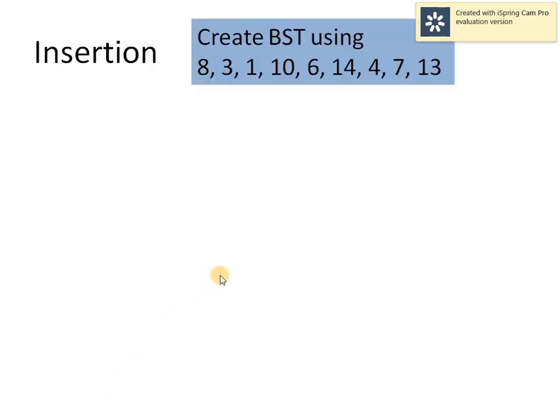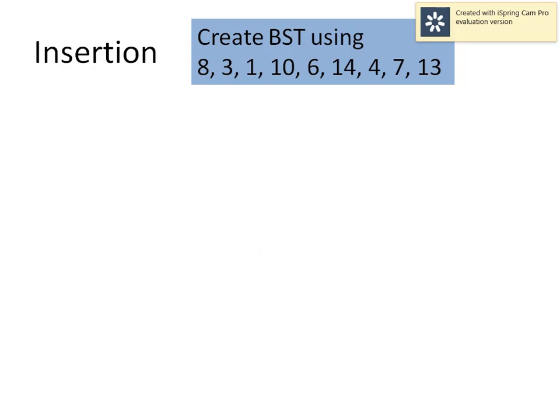maintained. And those properties are, if a value is lesser than a node, then it should be somewhere in the left subtree of that node. Similarly, if a value is greater than the node value, then it should be somewhere in the right subtree of that node. So before moving further, we will first try to generate a binary search tree for the given sequence.